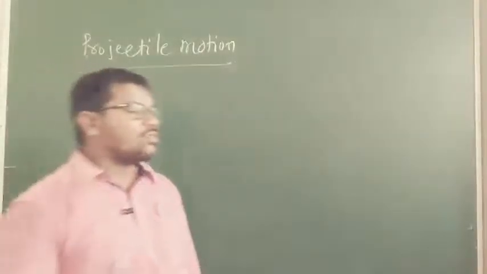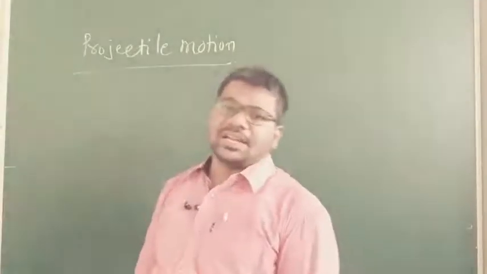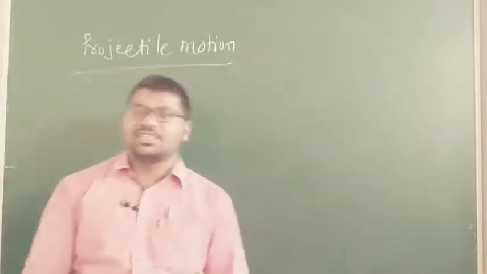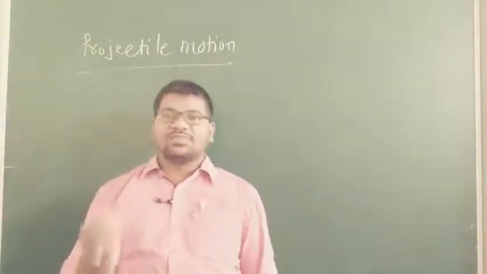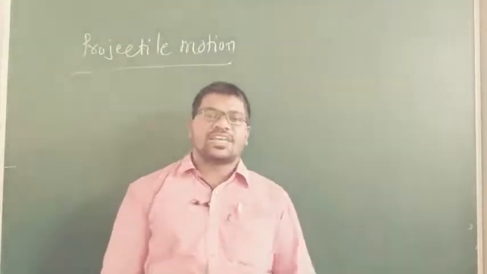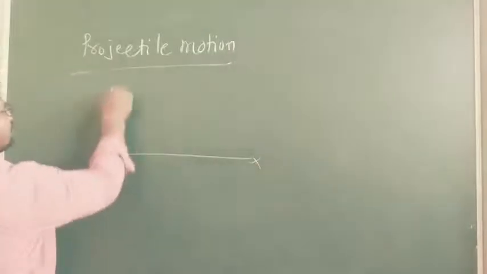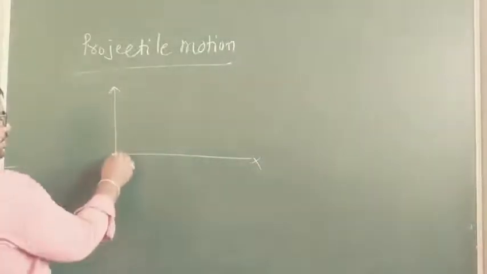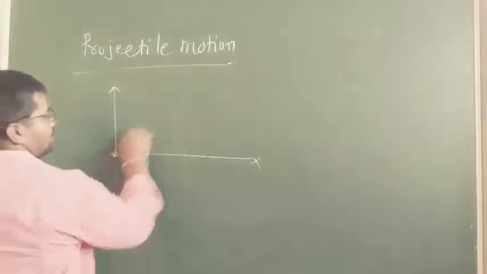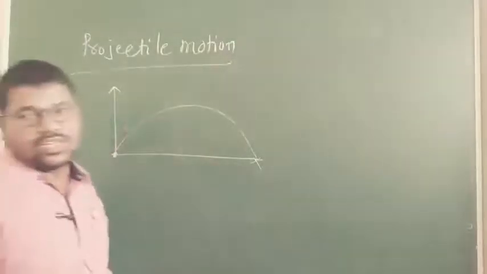Okay, see here. In projectile motion on the surface of the earth, we can throw any particle. Any particle like this, my children. So this is projectile motion. See, this is a pen. That motion is called projectile motion. Understand? X, Y axis. Consider a particle which is given some velocity. The path followed by the particle is called projectile motion.